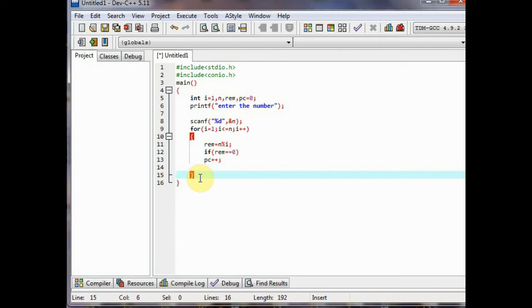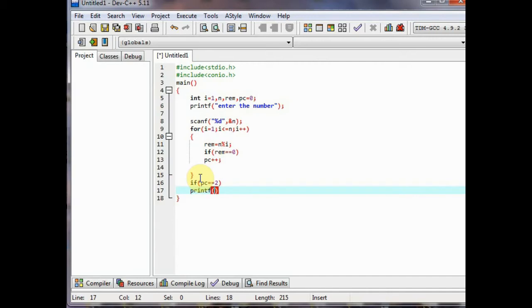Suppose we take the value of n equal to 5, then it will compute 5 modulus i. The initial value of i is here 1, so 5 modulus 1, the remainder value will be 0.